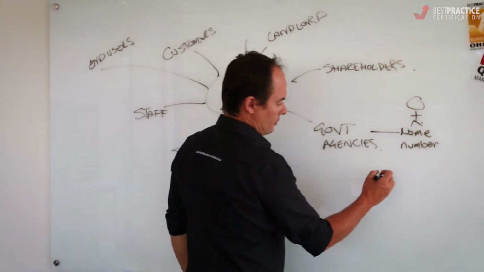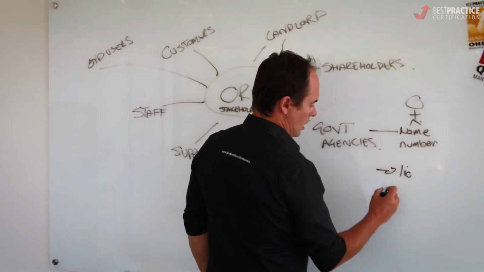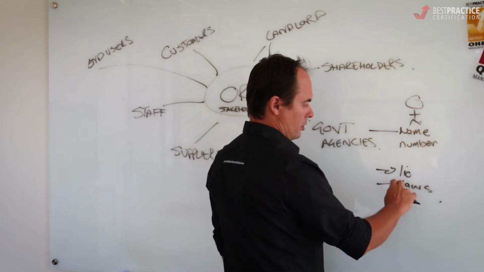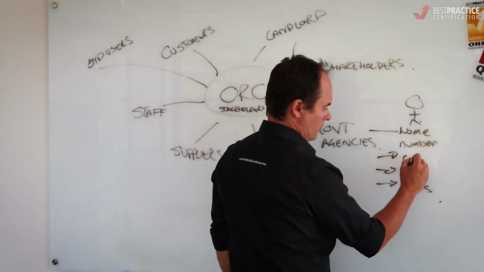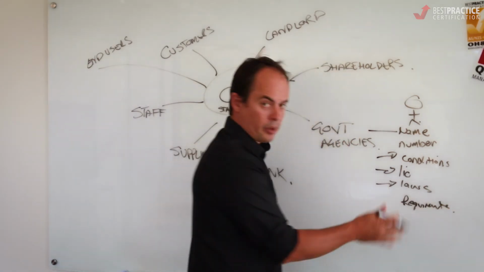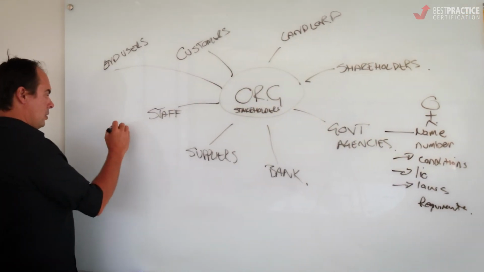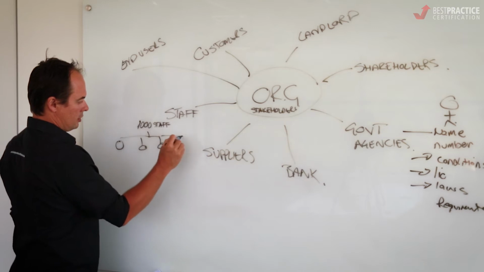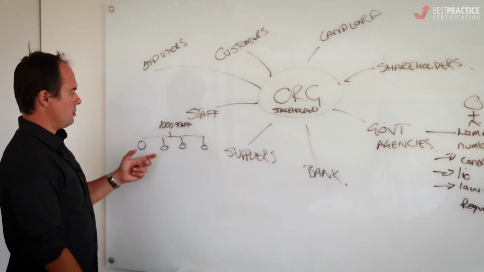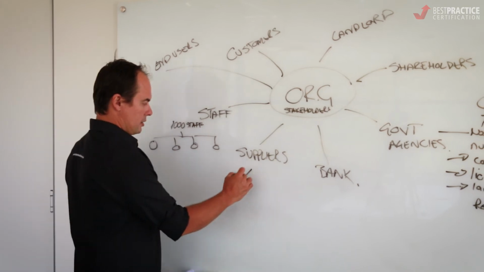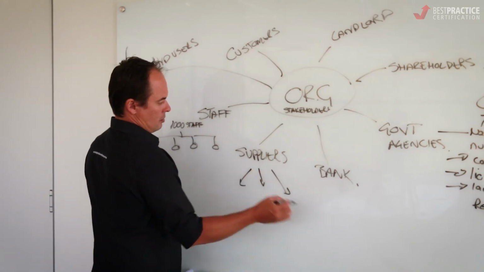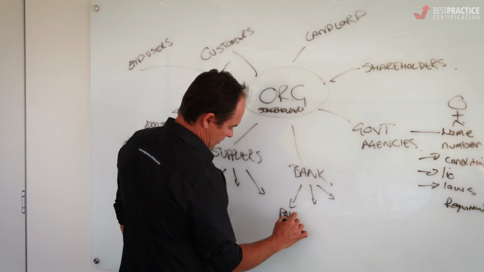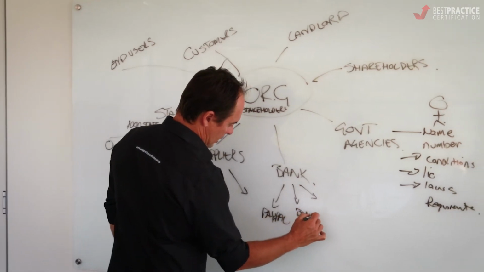When we talk about government agencies, they've often got license requirements, they've got laws. And when we start to talk about this, we can start to identify the specific law, the specific license, the specific conditions, requirements that we must operate within. The same over here, 1,000 staff, and they're in 4 categories. 1, 2, 3, 4. They might all have different requirements. It's important to categorise them accordingly. Suppliers, different sorts of suppliers. Banks, you might have a number of different financial institutions. You might use PayPal, for example. You might use your bank, one bank, Bank A, Bank B.